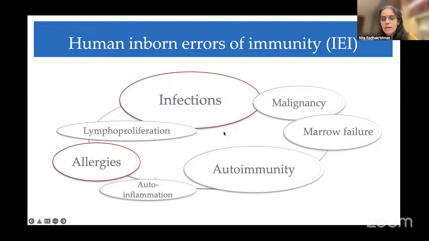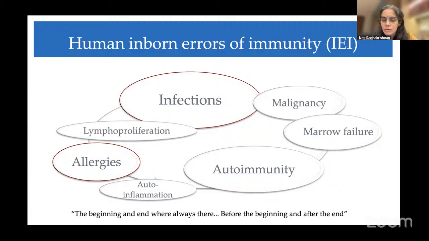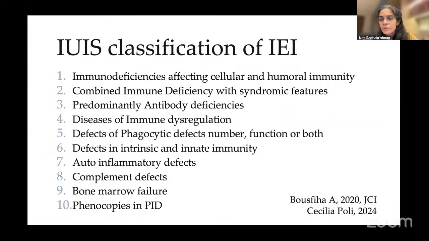You just heard about how immune dysregulation happens, and before that you heard the allergy presentation. Commonly, infections were the primary manifestation from which you could pick up a patient with inborn error of immunity. But increasingly now we identify it with autoimmunity, patients who are allergic, and patients presenting with malignancy, marrow failure, lymphoproliferation, and autoinflammation. These are all different presentations of children with primary immune deficiencies.